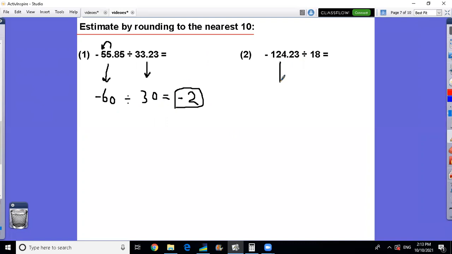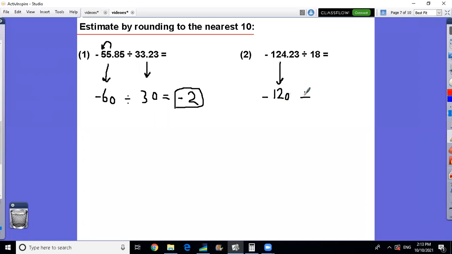Let's round this now to the nearest 10. All right, it's going to stay negative, of course. 124 rounded to the nearest 10 is between 120 and 130. So it is closer to 120. So negative